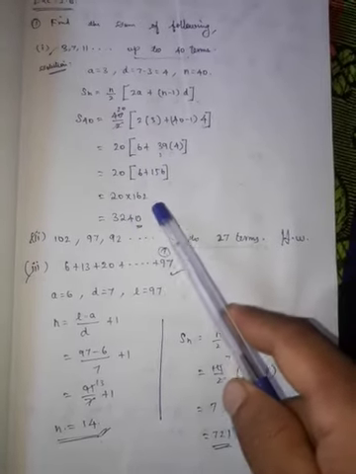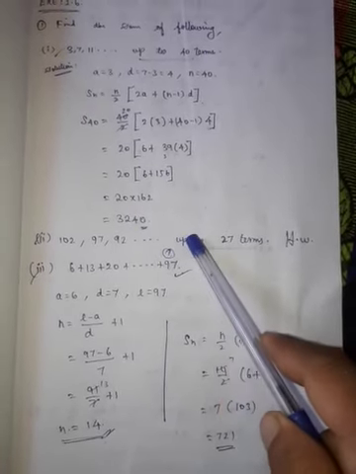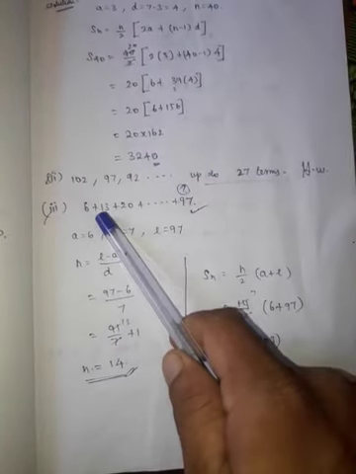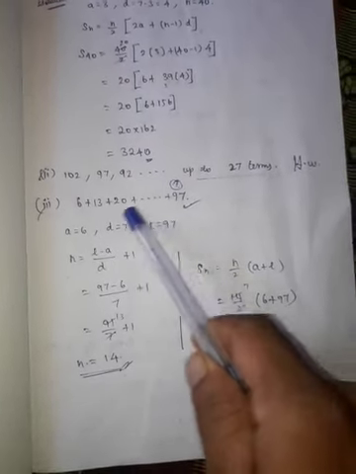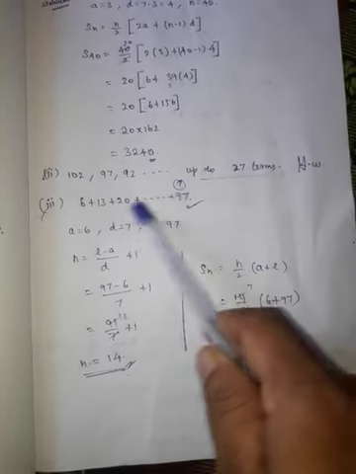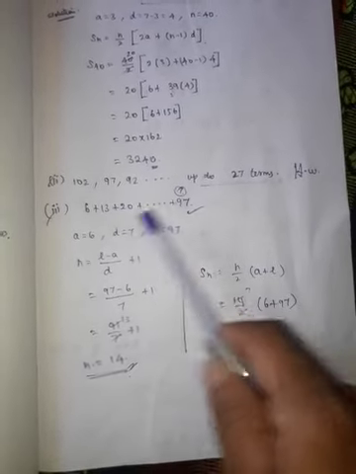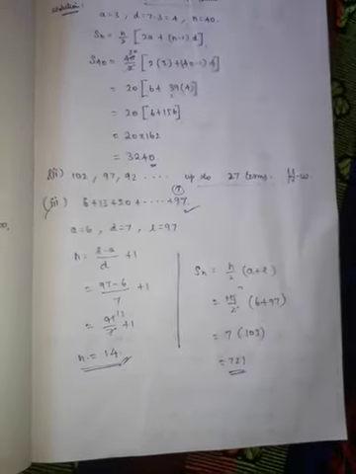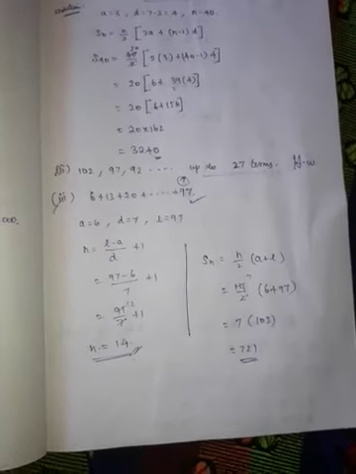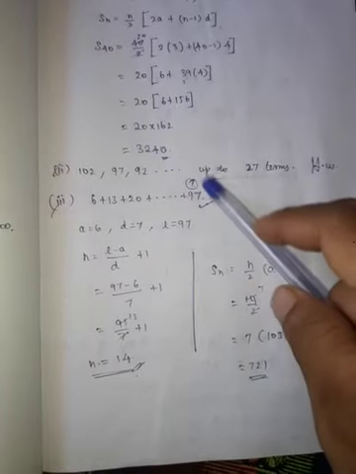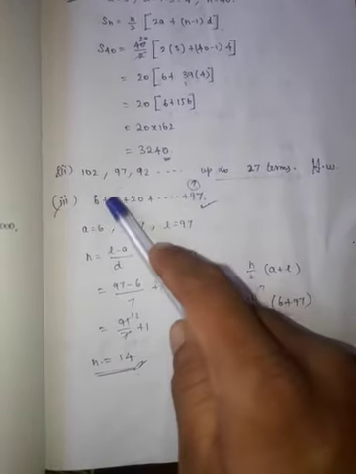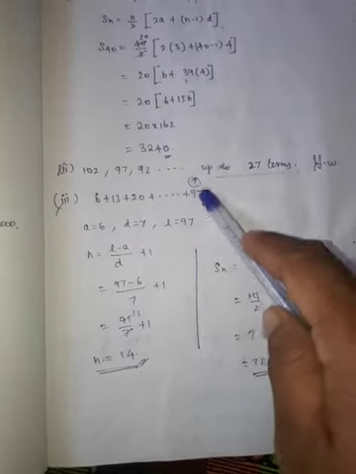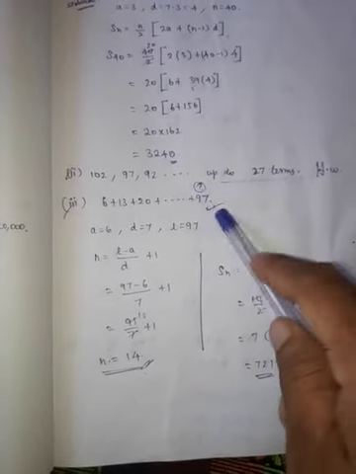In the same way, you can try to solve this one. Okay, the second one, the third one. In the third one, all are plus values in the series, the AP series. First of all, we find in which place the last value 97 is lying: first place, second place, third place. First of all, we find this one.